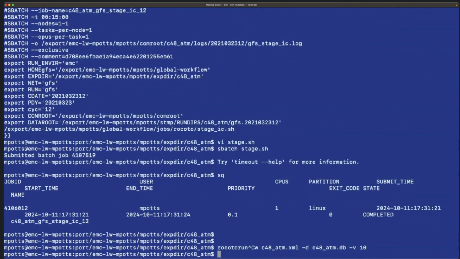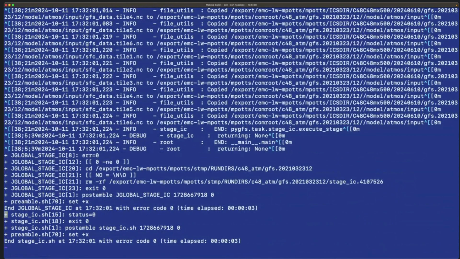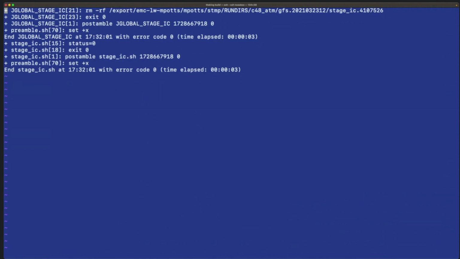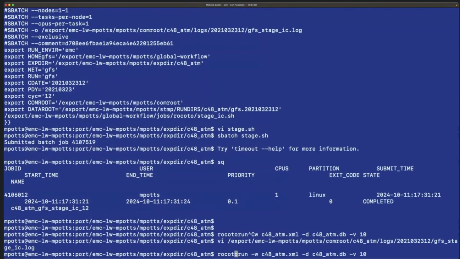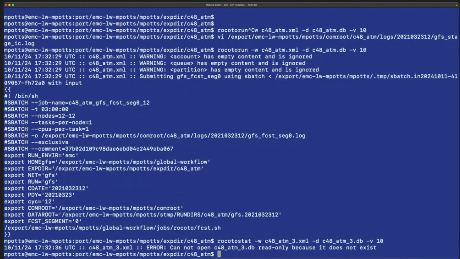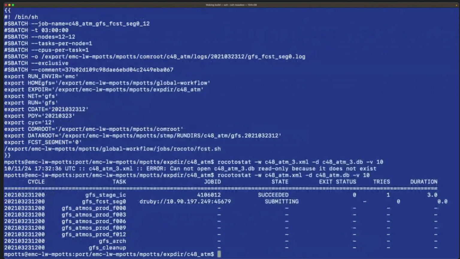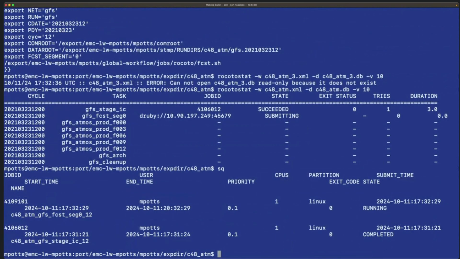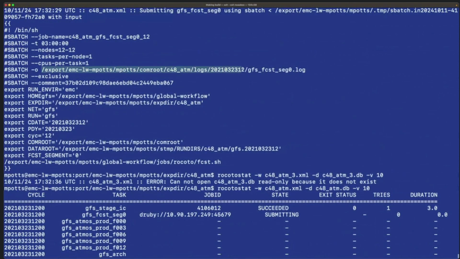Let's just, yeah. If we want to look at the log file, we can take a look at it. Everything completed. We got error code 0. So we'll run the next task, which is the forecast. If we do rocotostat, we can see that it's submitted and running. And if we go and look at the log file,